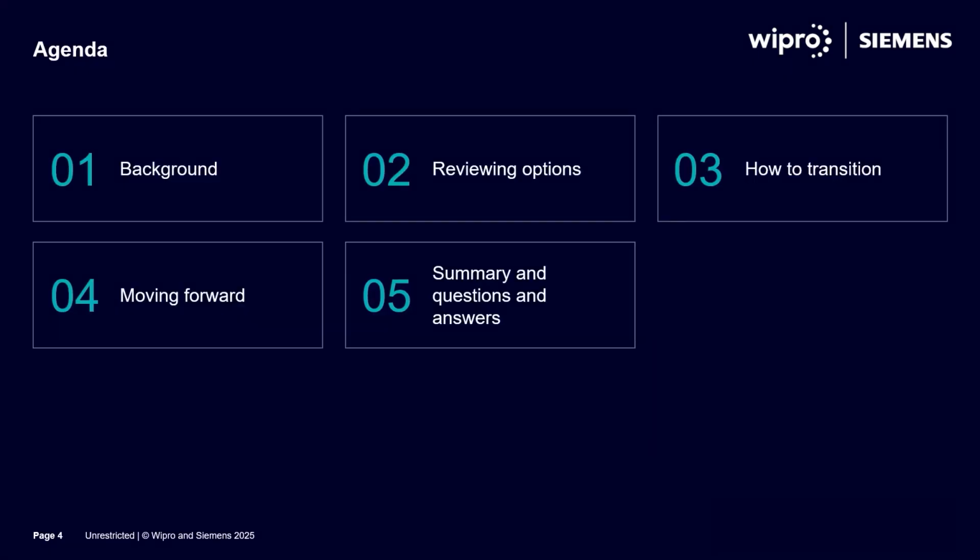The agenda for this session is as follows. First, we'll start with some background information regarding the PLM software market and PLM's importance to your overall business success. We'll then move into a discussion of options that you should consider when your PLM platform is transitioning to end-of-life or legacy status. This will be followed by a review of strategies for transitioning from end-of-life PLM software and actions that will help you moving forward. Finally, we will summarize the key takeaways and open the session up for Q&A.